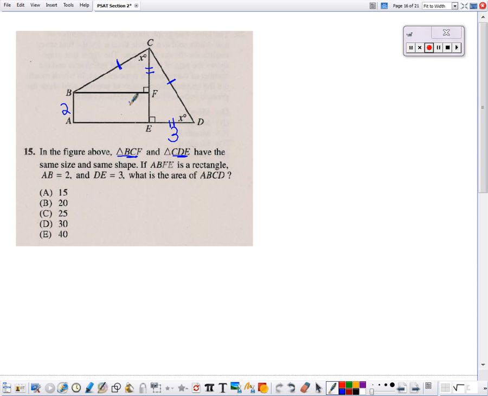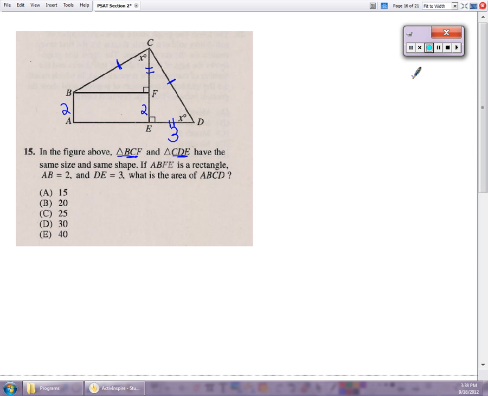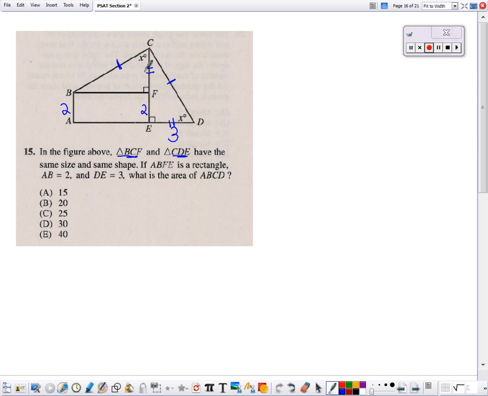So that will be helpful as we go through and figure that out. If that's 2, this is 2. And because DE is 3, this piece is 3, so CE is a length of 5,